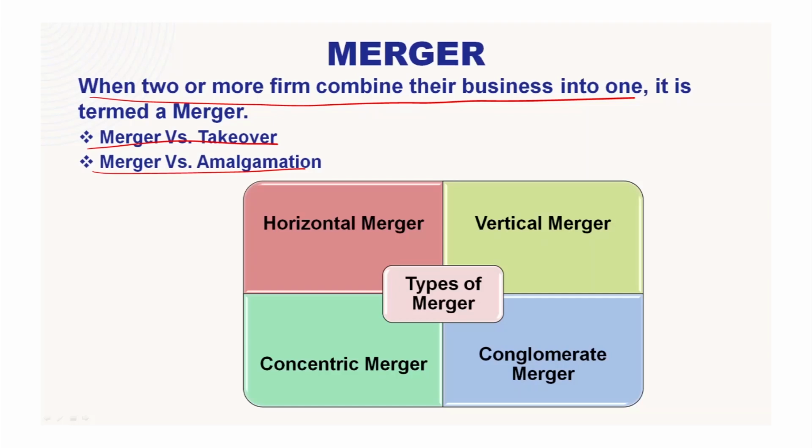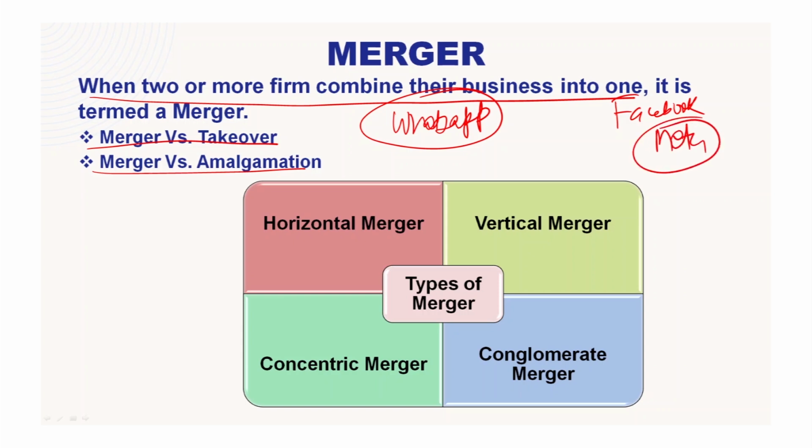Based on the valuation of the existing company, it will be sold to the bigger company, and the bigger company will be taking over. Like we can take the example of WhatsApp. Everyone is using the WhatsApp app. Facebook, or we can call it Meta as well now. It has been renamed as Meta. Facebook, Instagram.